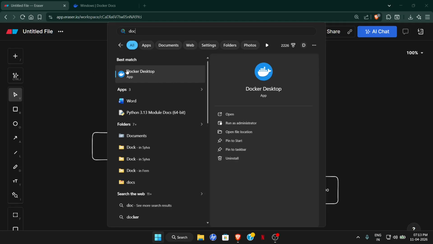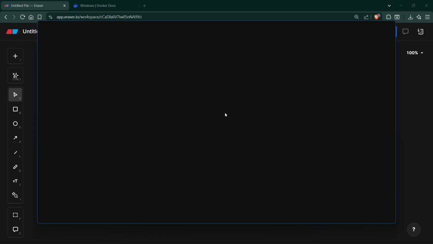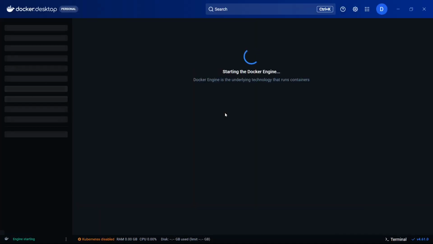So after installing Docker, open Docker. You will see something like this, that is Docker Desktop. Click on open. You should see something like this, that is starting Docker engine.